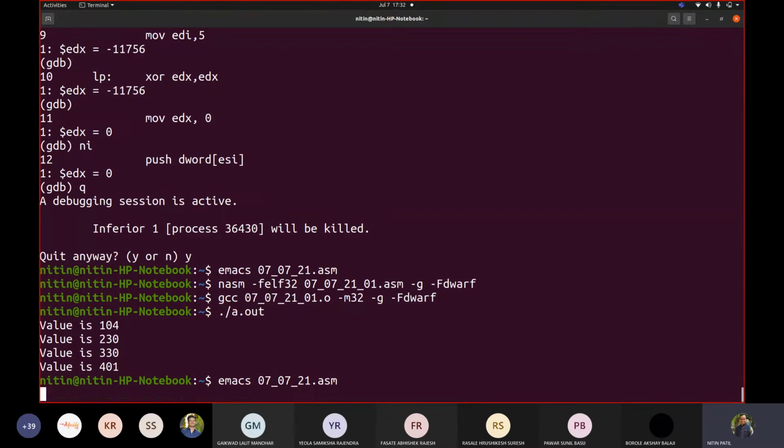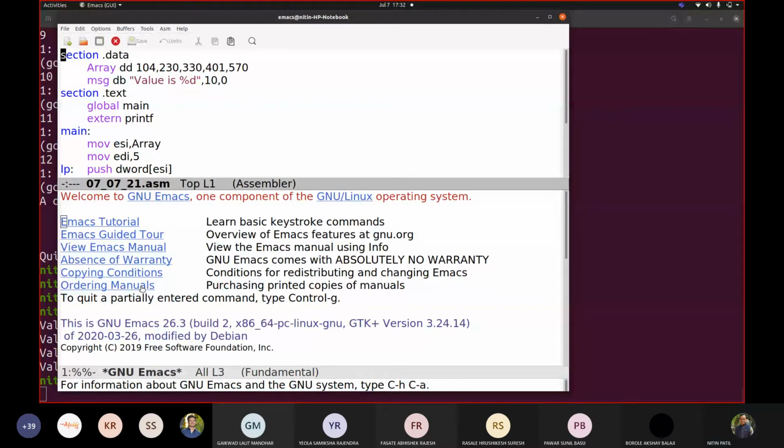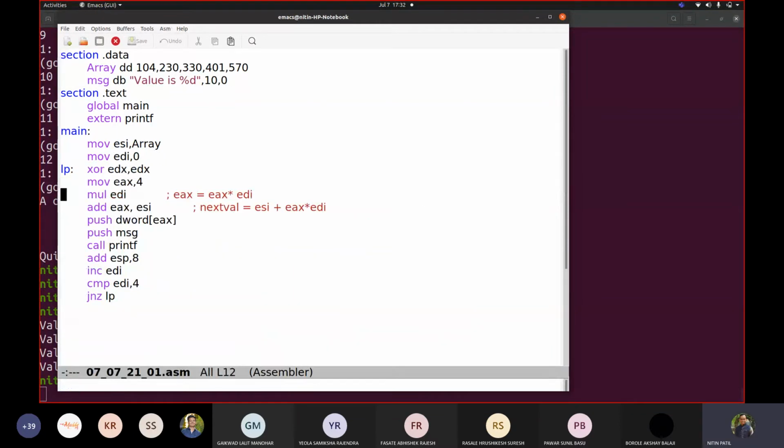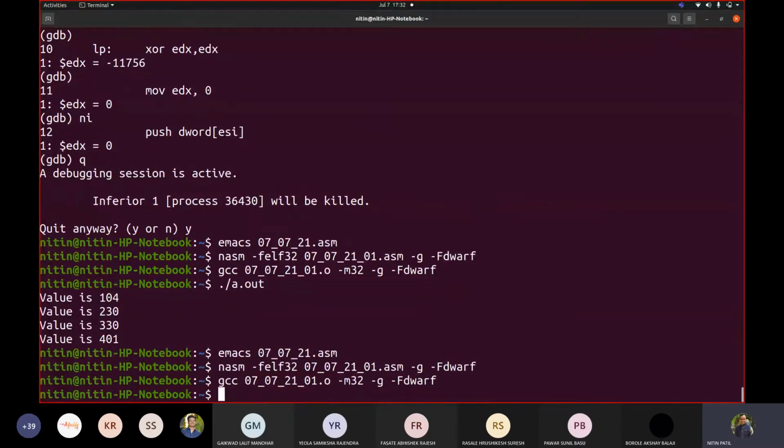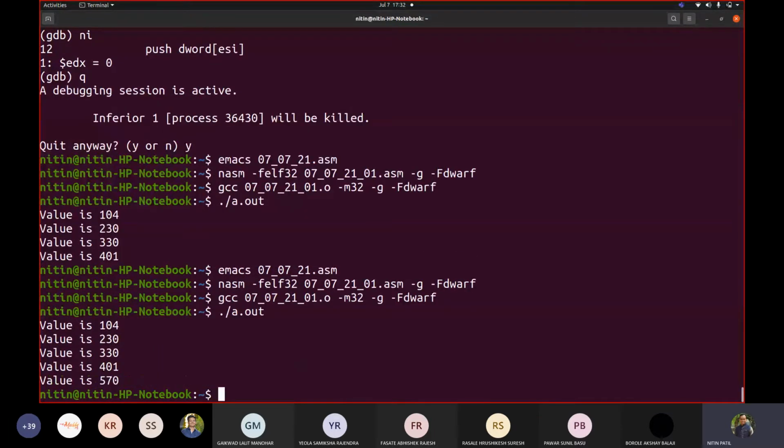Because in the code, what I wrote was 4, because we are incrementing first and then comparing that EDI, since we wanted greater than or equal to 4. Correct. So if I write there 5, then my code gets simplified. So it will be displaying the values there. You can see all 5 values are shown here. Now our target was not to display these values. Our target was to see this file. Let me remove this.